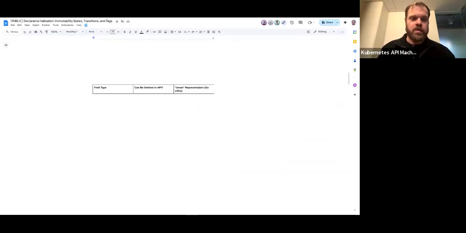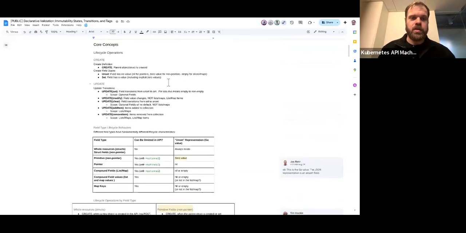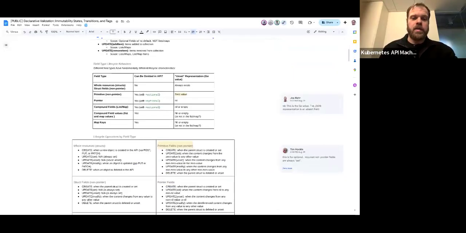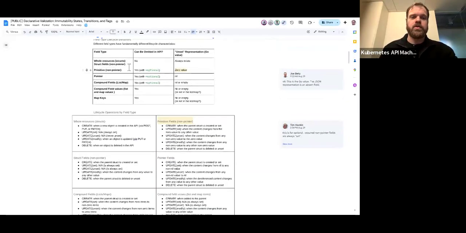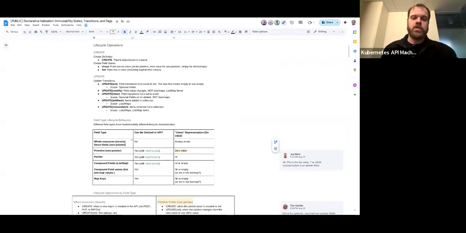The project identified that essentially on create, fields can be in either a set or unset state. And as Joel mentioned, with API conventions, there are conventions around which type is considered what the zero values are. So we have a list here of primitive fields, pointer fields, list fields. In all of them, essentially, there are set and unset representations. So these are the create.